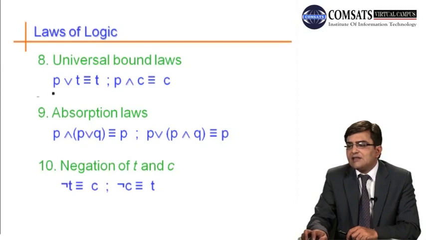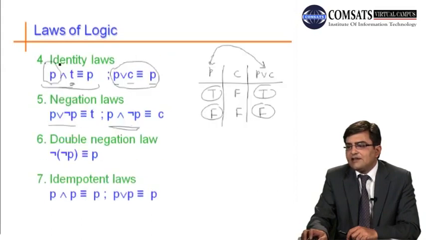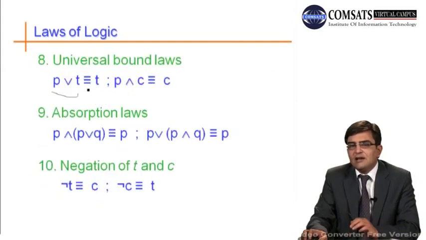The next law is the universal bound law. In this law, the first law is P or T is logically equivalent to T, and the second law is P and C is logically equivalent to C. Before, we had the identity laws, where P and T is logically equivalent to P. Here we have the reverse of this: if we have P or T,